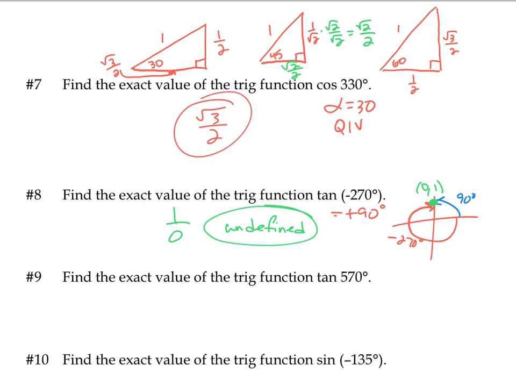The exact trig value of tangent 570 degrees. So I subtract 360, I get 210. So this is the same as saying theta is 210 degrees, okay? Which means we have a reference angle of 30 degrees, and we're in quadrant 3, okay? Reference angle 30 degrees, tangent's y over x, so the y is 1/2, the x is square root of 3